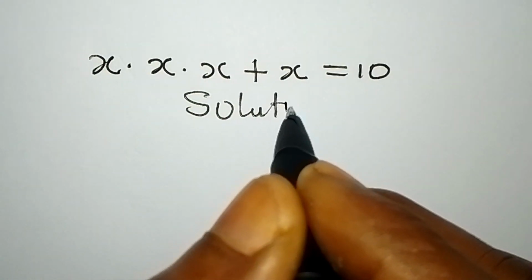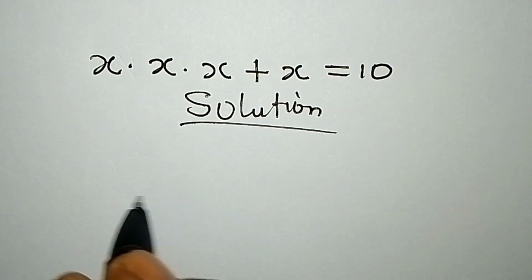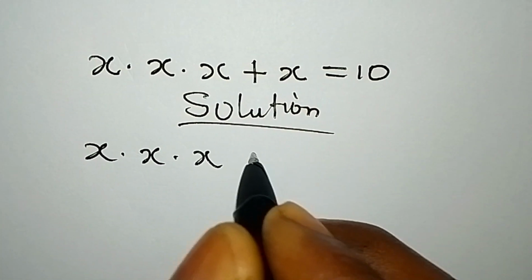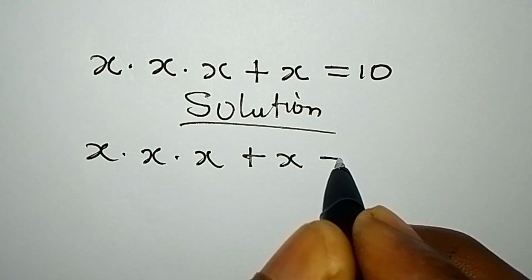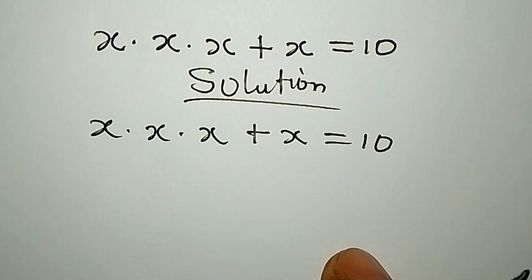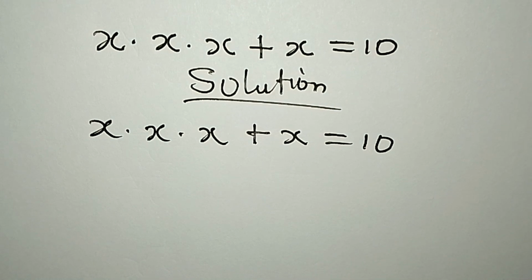By looking at this problem, one can simply guess what the answer would be. x times x times x, then plus x equals 10. Now one can simply guess what the solution will be, but then we are going to solve this completely, so